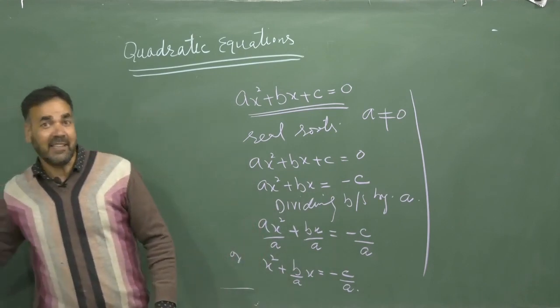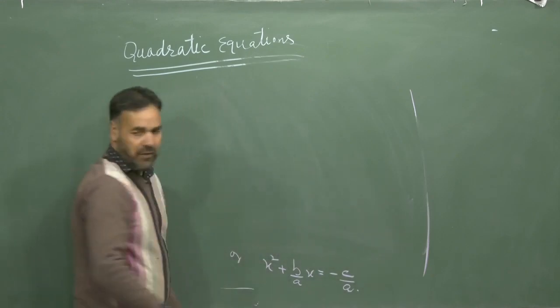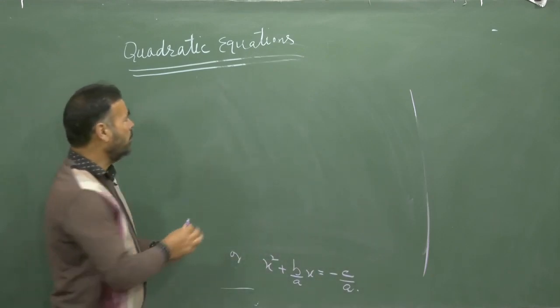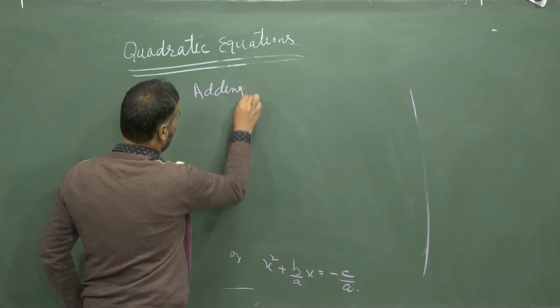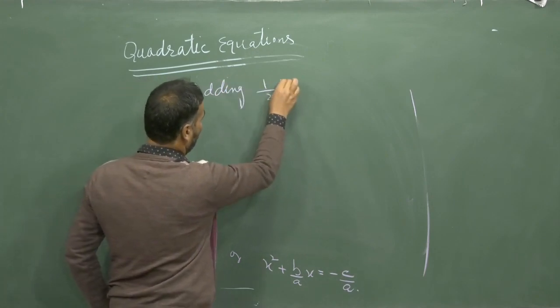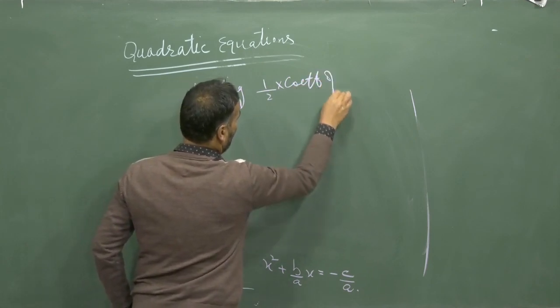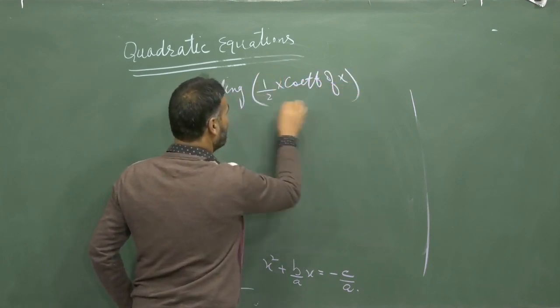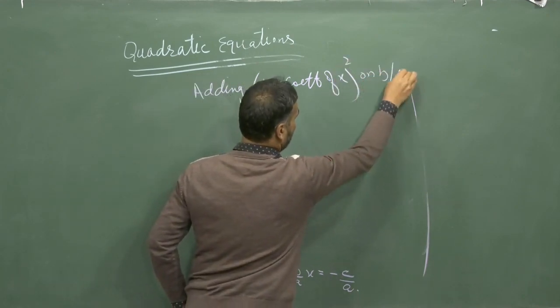What will be the result then? The result will be, if we add 1/2 of the coefficient of x whole square, on both sides,